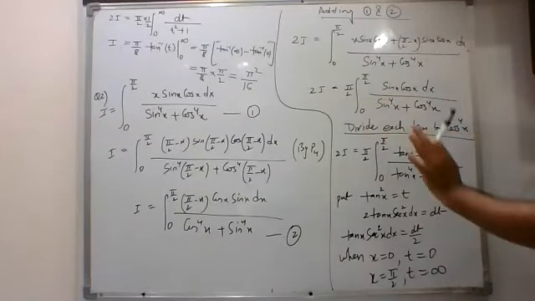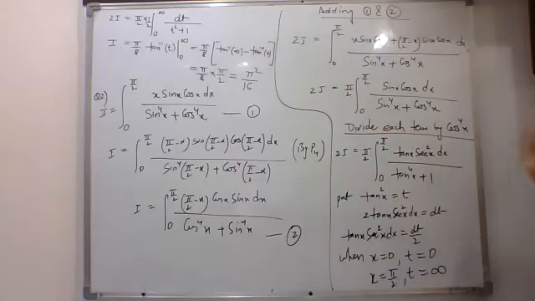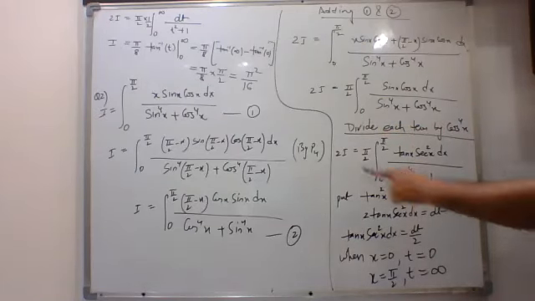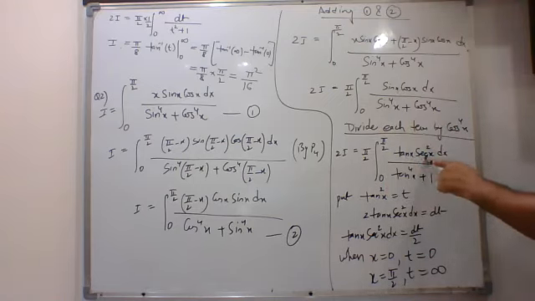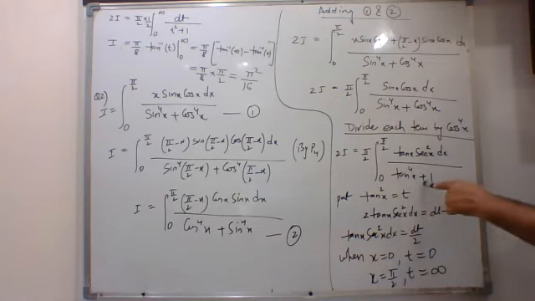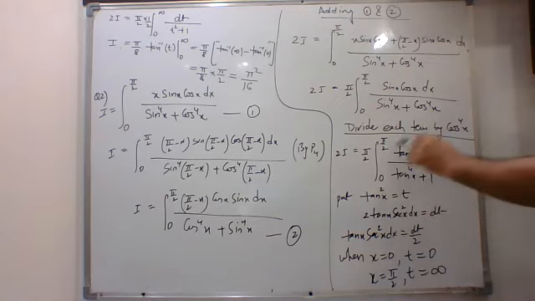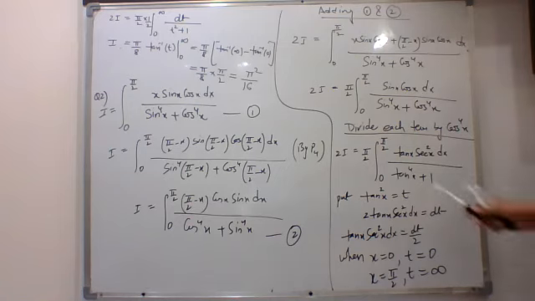Now it's a special type of integral. So here we are dividing each term by cos to the power 4. When you do that, you will get 2 times I is equal to pi by 2. Here when you divide it by cos to the power 4, it will become tan x into sec square x, and this will become tan to the power 4 plus 1. Now it's a question of substitution method after this. So I'm putting tan square x as t.